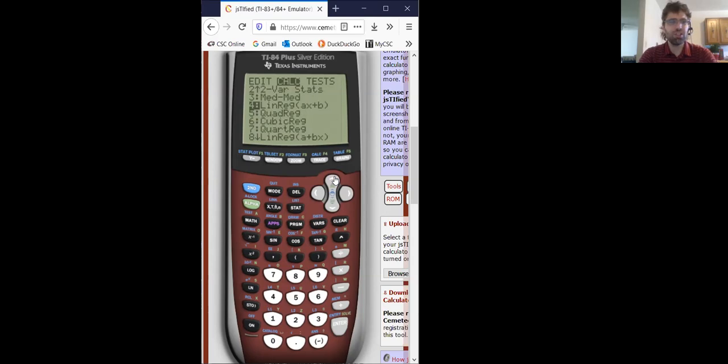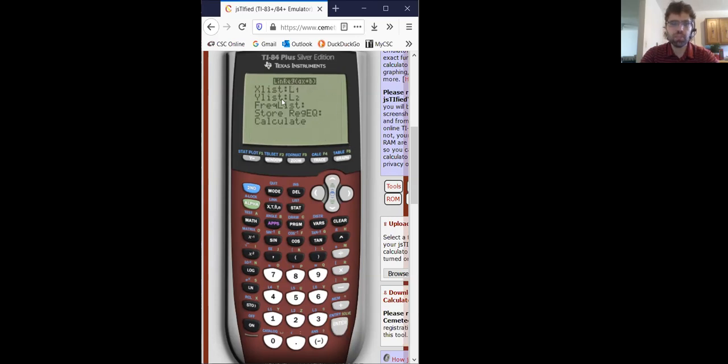And our calculator, this is such a ridiculous thing, offers two linear regression commands, and they're literally identical. I mean, it doesn't matter which of these you choose. Let's select the first linreg